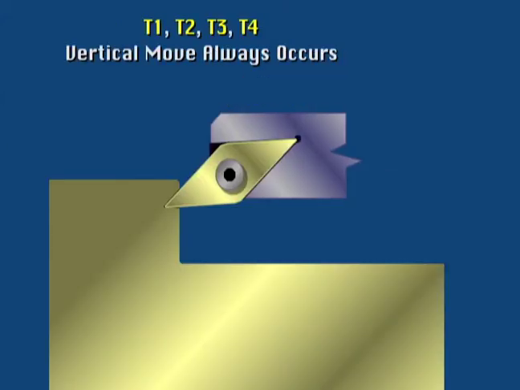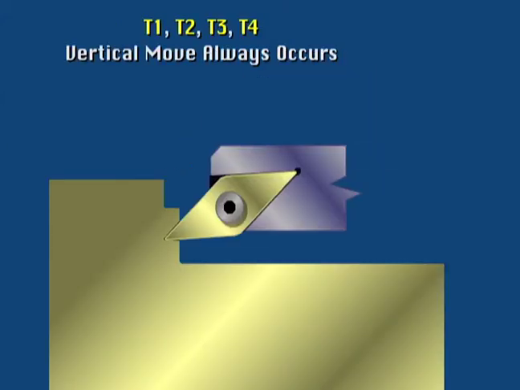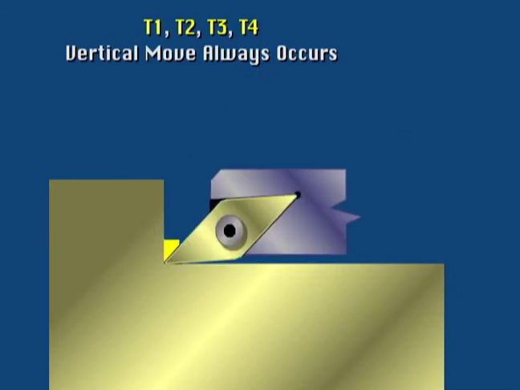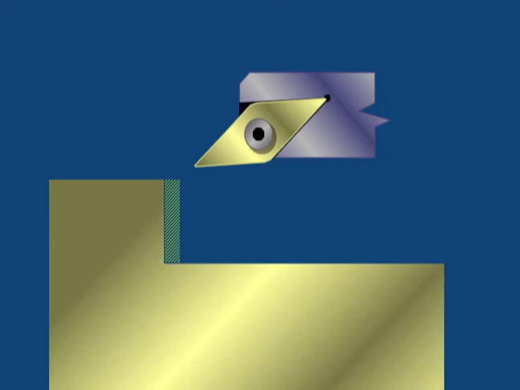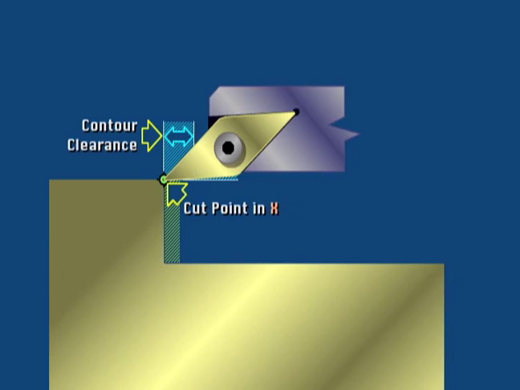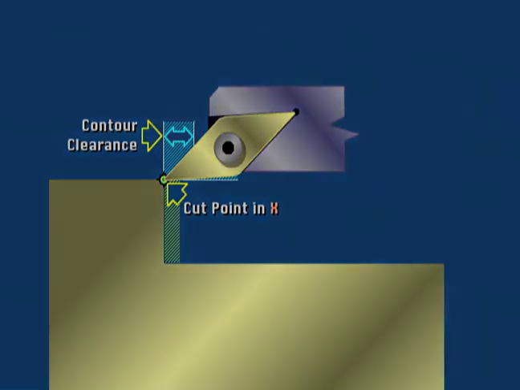On older controls, the vertical movement is automatically performed at the end of each pass, and this rapid machining menu selection will not appear. The control now asks for the cut point in X. This represents the point to which the tool will travel in rapid to begin the cutting sequence, less any safety clearance set by parameter. The cut point coordinates must represent